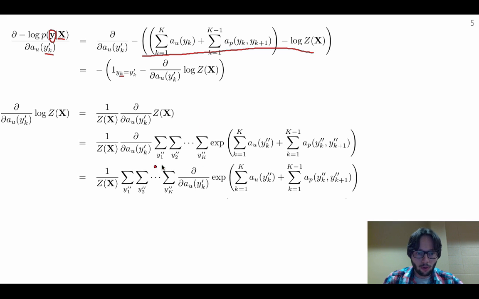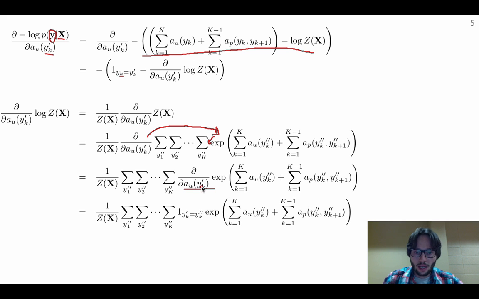Now I can push the derivative inside, since the derivative of a sum is the sum of the derivatives. So that's what I've done right here. And now, the derivative of the exponentiated sum of log factors: if y prime k does not appear,